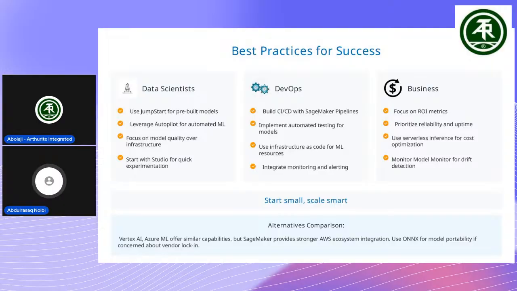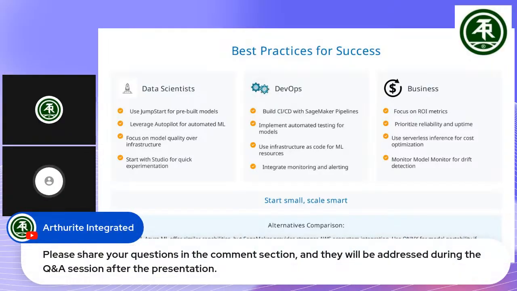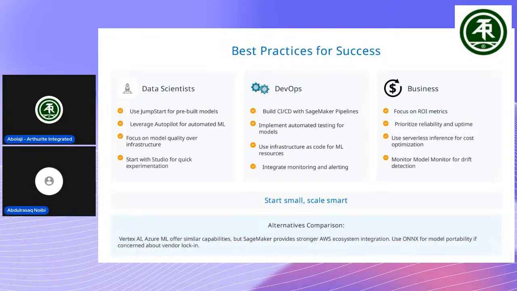Okay, all right, so this is talking about the best practices for success. So we have data scientists, and then we have DevOps, and then we have the businesses. One thing I always tell people is that as a business person, your concern is not about the application. Your concern is how your business is going to make money. That should be your focus. And the time that you're supposed to be focusing on your business, if you're using that to update or work on the model itself or trying to work on the server, then you are wasting time. It does not make sense.